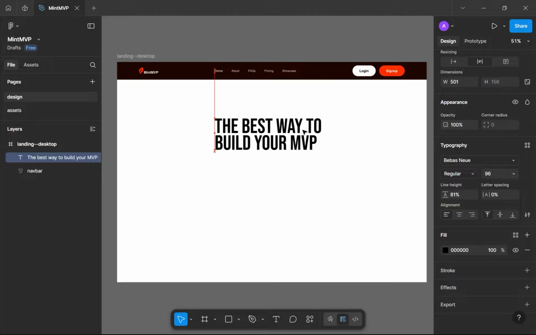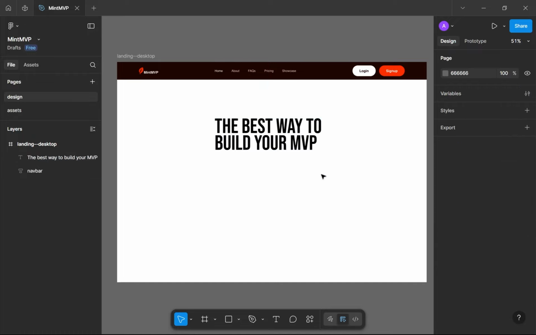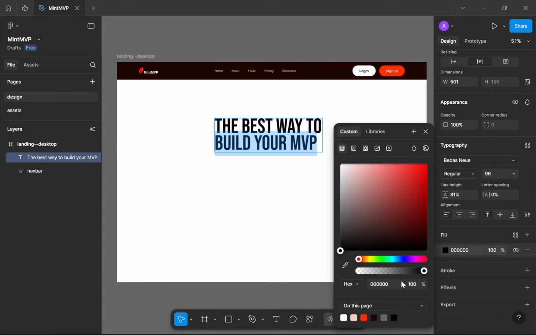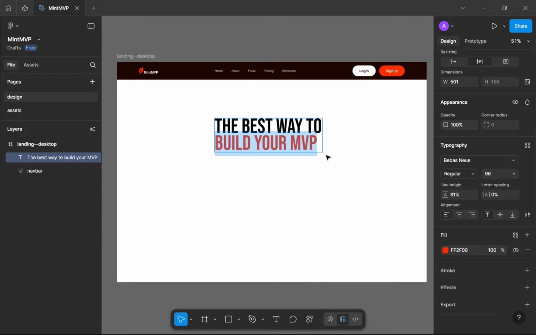And what I'm going to do in this case is take the last part here and change this color to be our brand color. And I'm going to cut it off from here. Okay, great. Then I'm just going to paste it here. So now we have these two parts separated, and it's a cool effect where we can first align them together, and now I'm going to move this to the side here and up a bit just to create some overlapping,